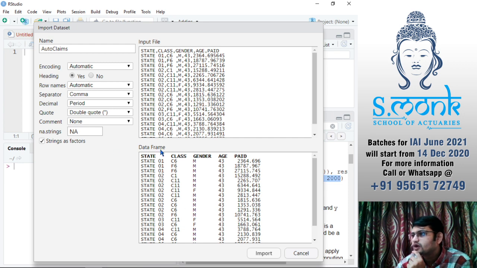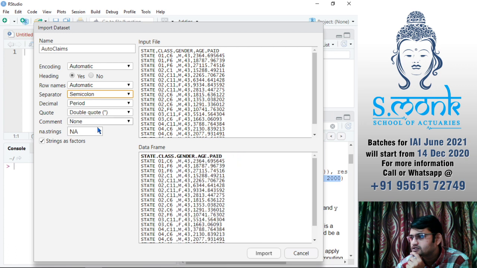Most of the time you do not have to do anything else, but always see how your data looks. Does it look proper or not? If the separator is something else, the data would not look proper. See, the data was separated by commas, but here the separator is semicolon, that is why it cannot interpret this data properly.